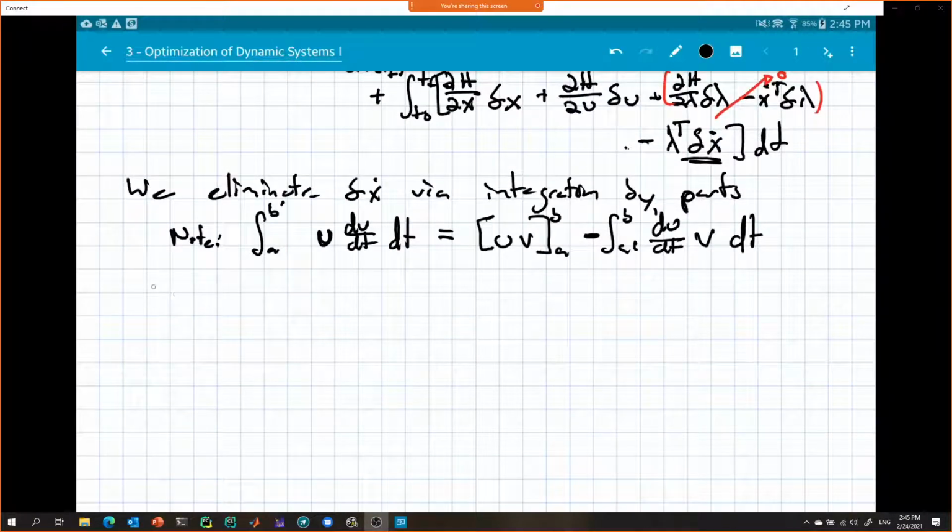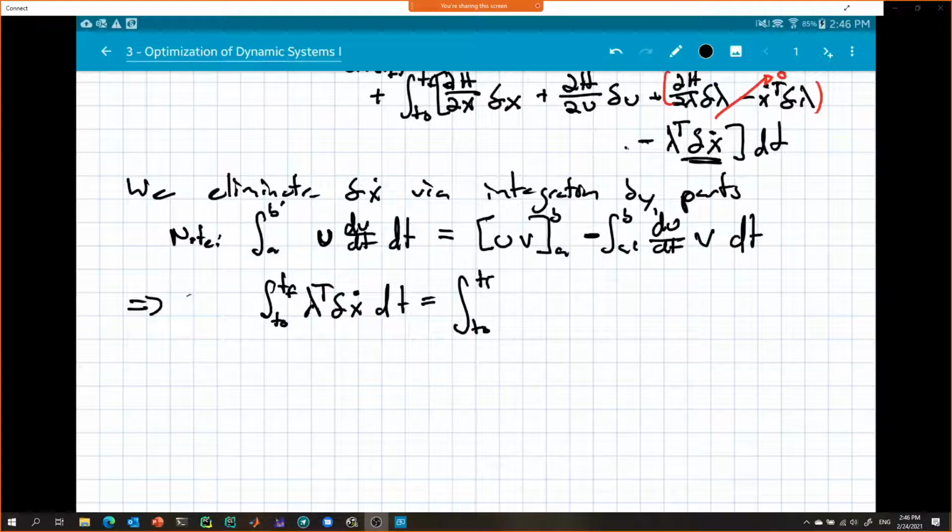So we apply that to our system, to our equation up here, which I should have numbered. Okay, let's do the part that's sticking out. So we have the integral from t naught to tf of lambda times the variation in x dot. That is equal to, applying the integration by parts,